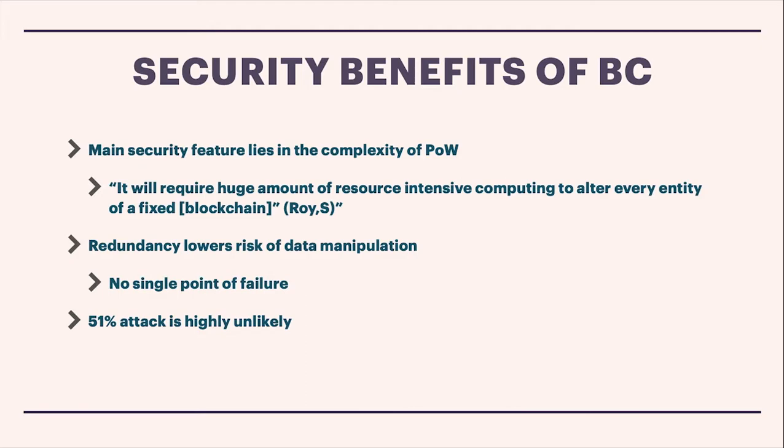As well, blockchain protects against a 51% attack, where a malicious actor somehow creates enough nodes that take over 51% of the network, which therefore tilts the balance of power in that person's favor. The reason why a 51% attack is highly unlikely in blockchain is because of the amount of computational power used to not only solve the hashing algorithm, but to essentially recreate the blockchain that many times.